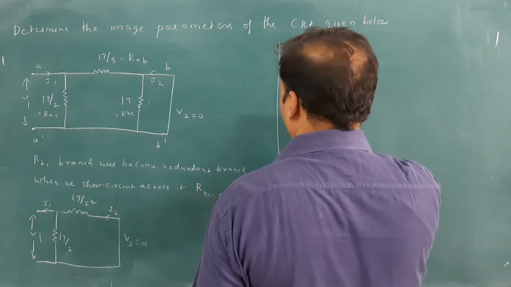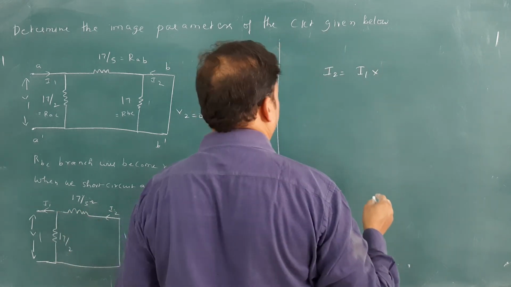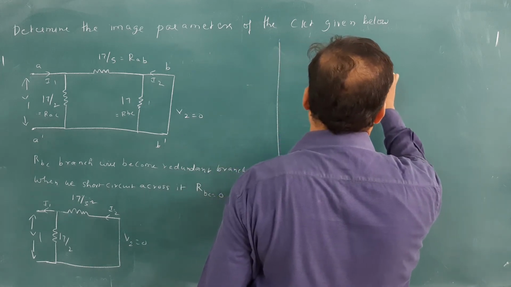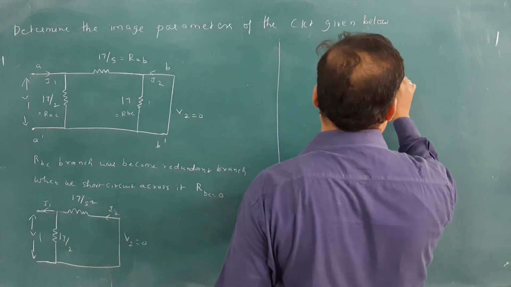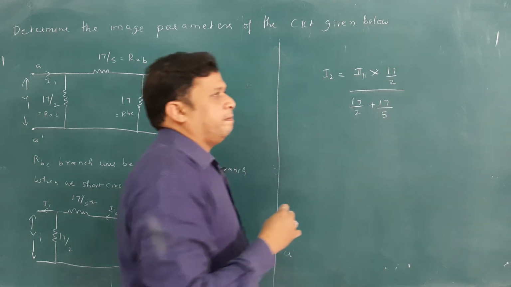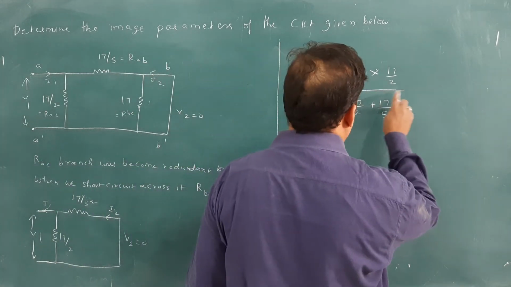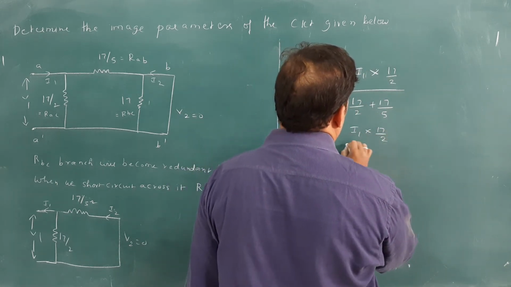I2 is equal to total current into opposite resistance, that is 17 by 2 divided by total resistance, 17 by 2 plus 17 by 5. So after doing this, I2 is equal to I1 into 17 by 2 divided by 17 by 2 plus 17 by 5. That will become I1 into 17 by 2 divided by